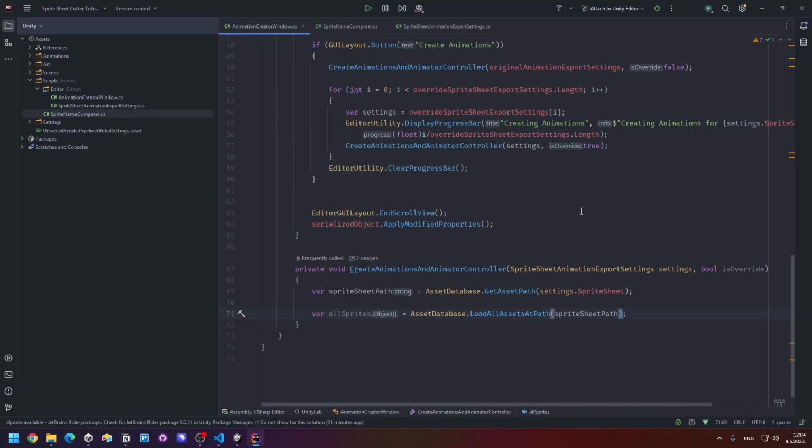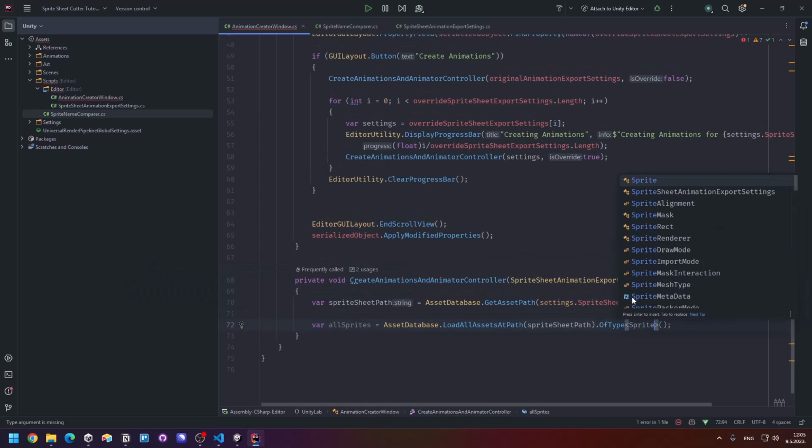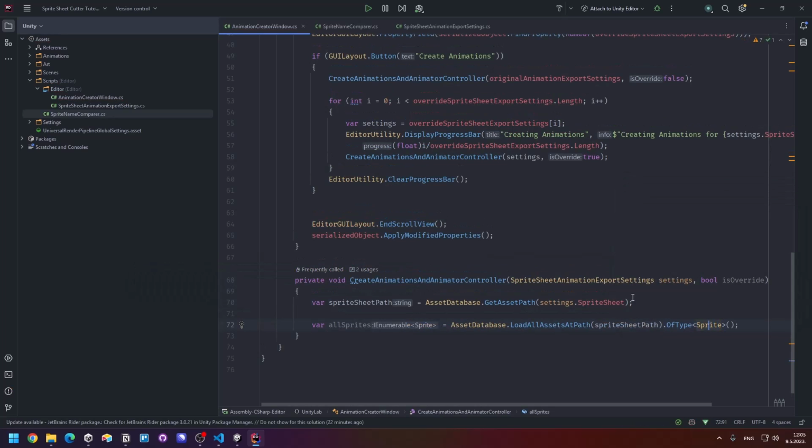Now let's get back to this implementation. All sprites equals AssetDatabase.LoadAllAssetsAtPath, sprite sheet path. Here, as you can see, Rider is telling me that it's returning an array of UnityEngine.Object, and that is something we don't want. We want all the sprites to be actually sprites and not objects, and that is why we're going to cast all of the assets that we loaded to Sprite, and we're going to do it by typing .OfType